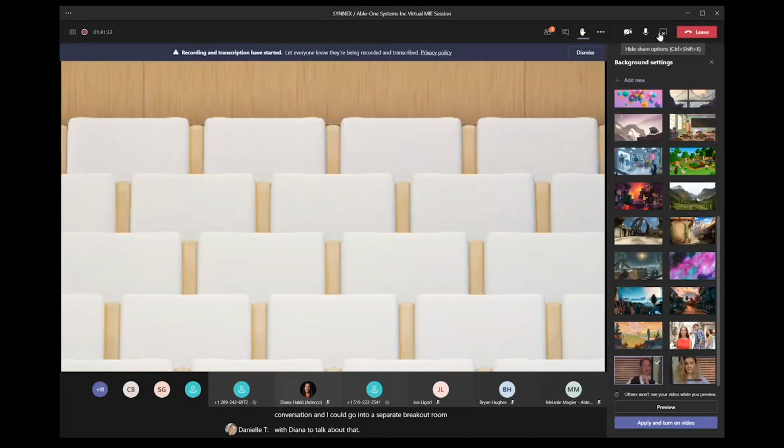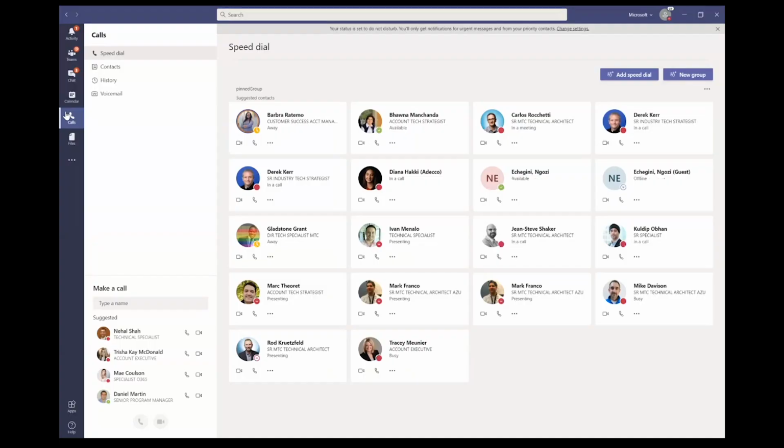Of course, we have the share screen, hide screen, and our mute buttons. All of this should be familiar to you guys. Just a few things, this is really the last component that we were going over with Teams. You can see here that it's my calling feature. This is basically the same ability to go and just dial someone individually as opposed to formally setting up a meeting. You're going to have all the same capabilities here in terms of transcription, live captioning, being able to record your call, all those things,